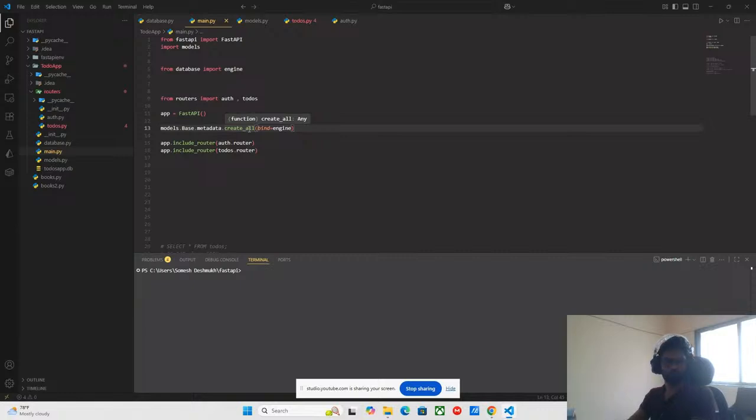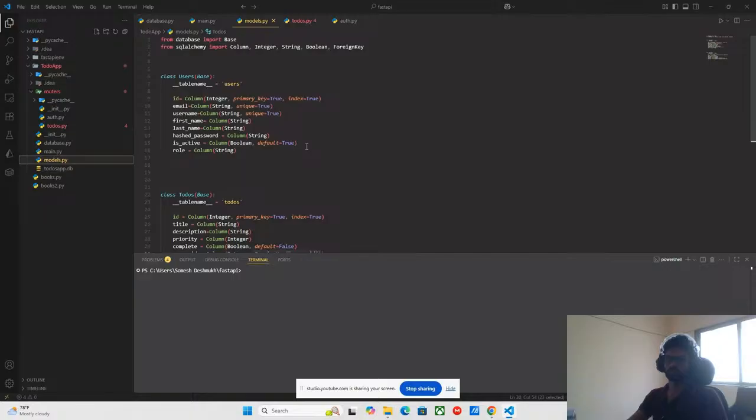Now let's go further. What if I want to add some column into my to-dos or users table? The second thing that we had done was the creation of the users table. Where do you create that users table? Into that models file, right? So here